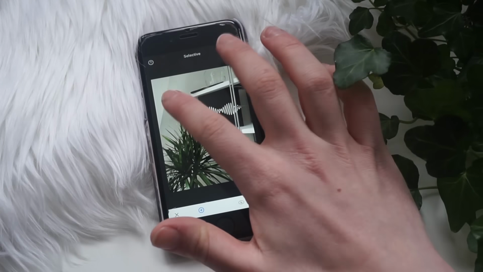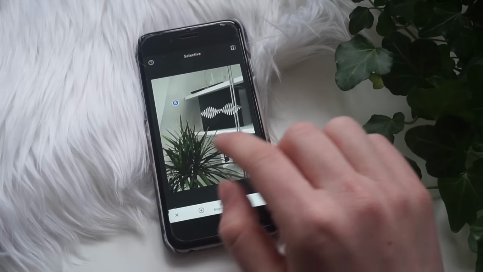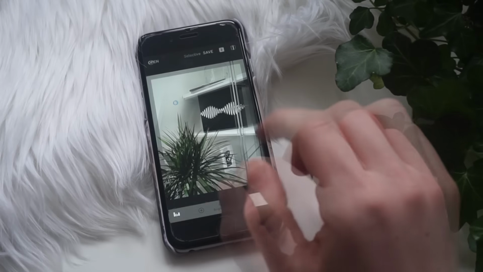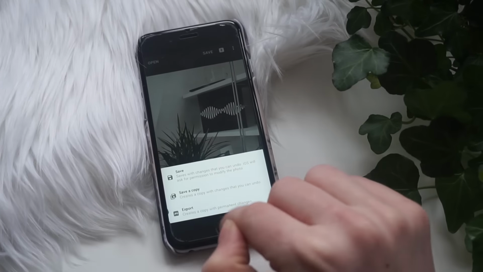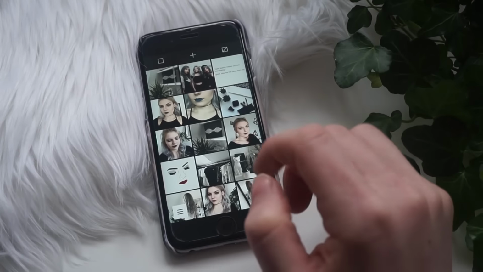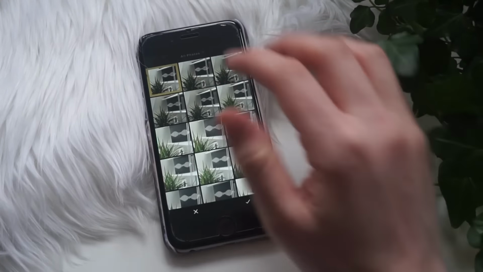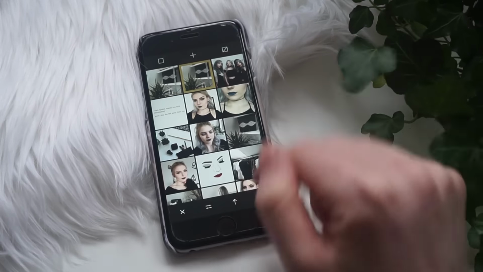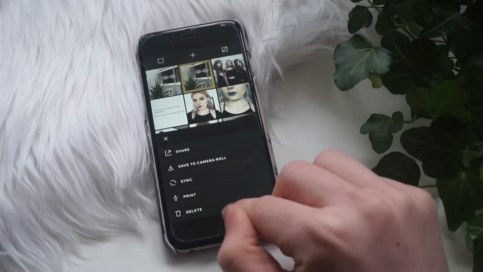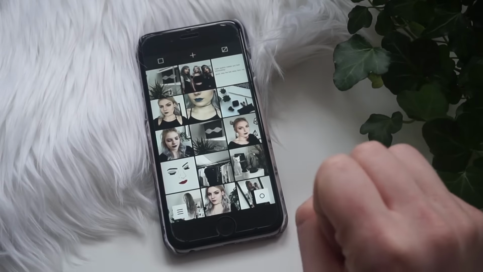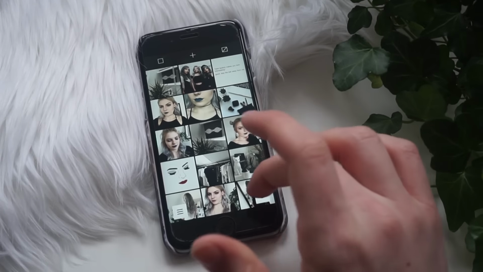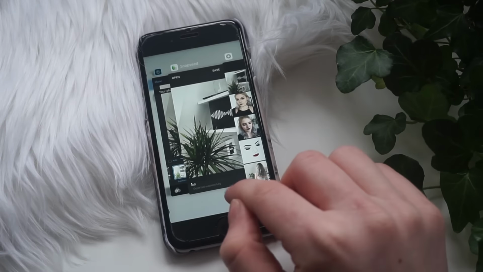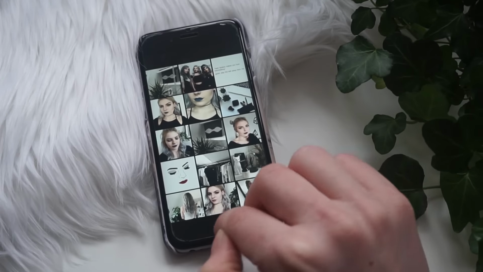Just go into that selective tool and add a brightness point and just bring it up even more. Save that again. And I'm going to open Scopecam again and add that picture. And I'm going to delete this one. Delete. Yes. And I personally think that this picture looks better on my feed than the other one. So now this picture is completely done, and what I'm going to do now is just put it on my